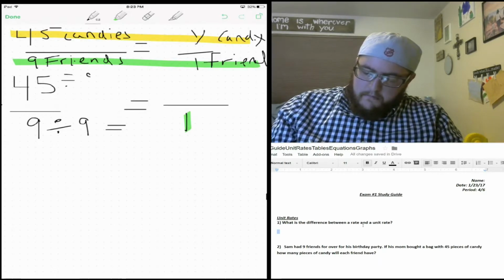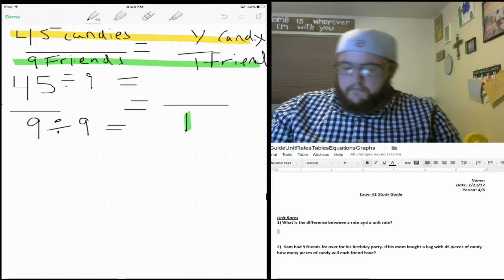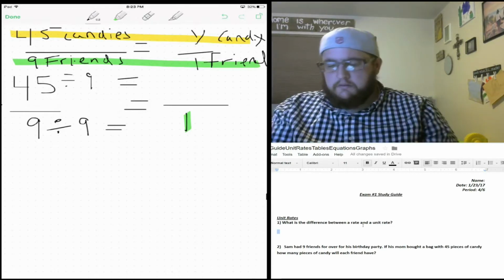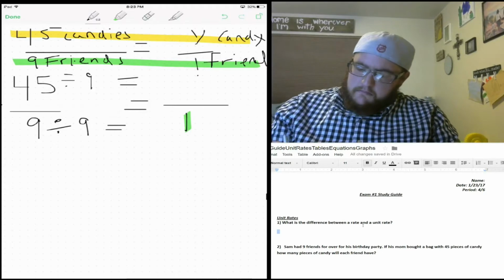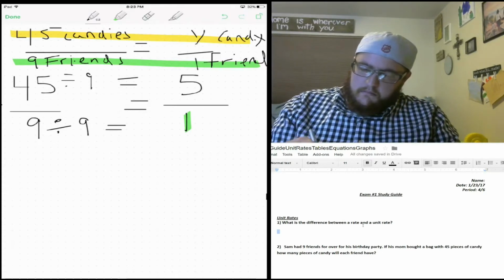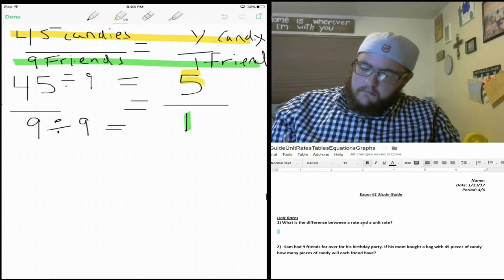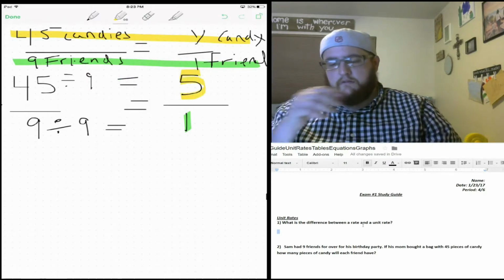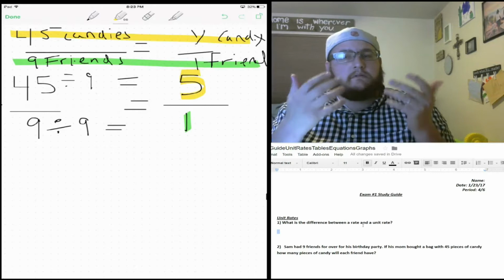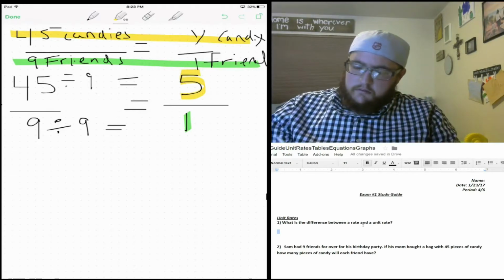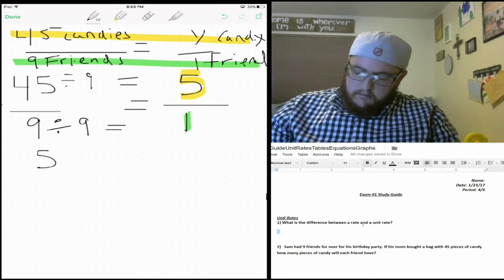And I'll highlight that green so we remember that it has to do with the number of friends. 45 divided by 9. And remember, the reason we're dividing by 9 is that whatever we divide by in the denominator, we must also divide by in the numerator. So 45 divided by 9 is 5, and we'll go ahead and mark that as yellow so we remember that it has to do with the number of candies. So 45 divided by 9 is 5, and this tells us in context